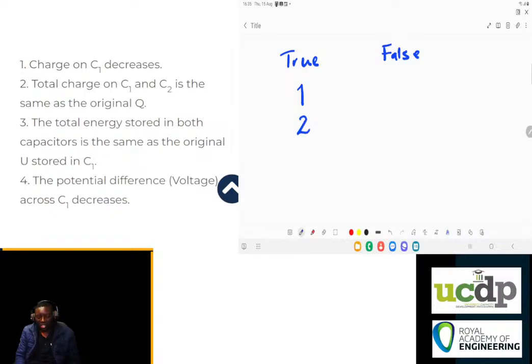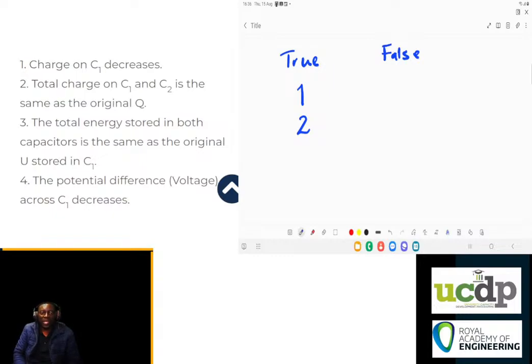That statement is actually quite tricky. I think the phrasing of it also, I don't like it as well. Total charge on C1 and C2, but I mean it is what it is. I think it's more of understanding the language than anything. Total charge on C1 and C2 is the same as, so it sounds as if it's saying the total charge on C1 and the total charge on C2 is the same as the original,